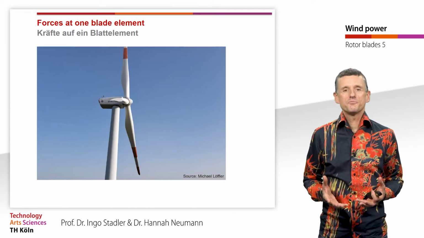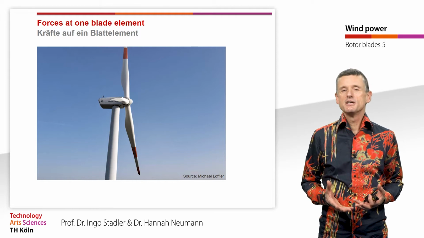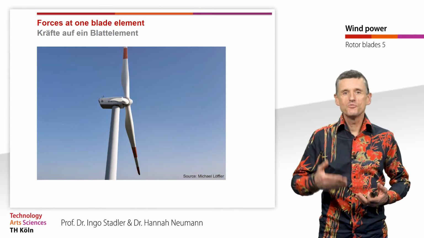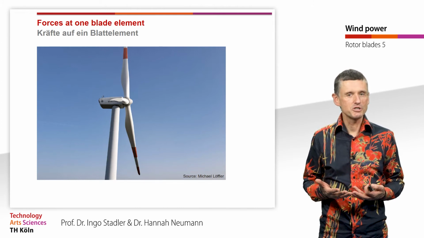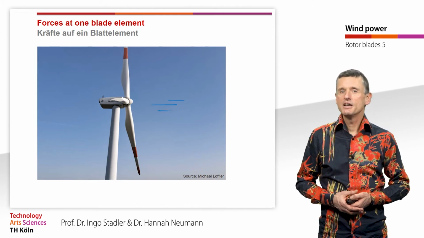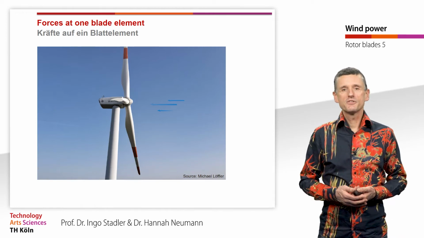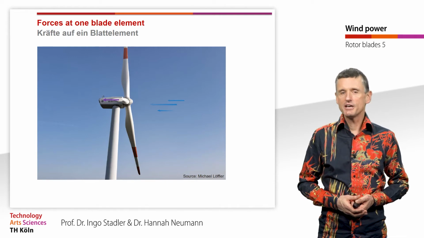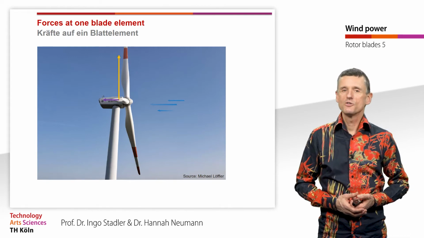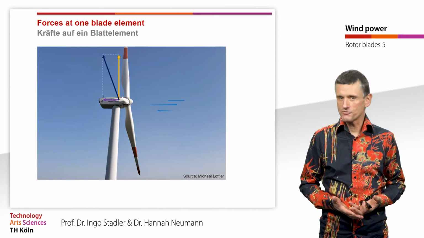Let's have a look at a picture of a wind turbine, and again this picture shows us a turbine that is not in movement, it's in a standstill. We can still see this in the position of the rotor blades, and when the wind is approaching the turbine, we have the air drag, which we can see in this vector, and perpendicular to that we have the lift force, and the sum of it is the total air force.